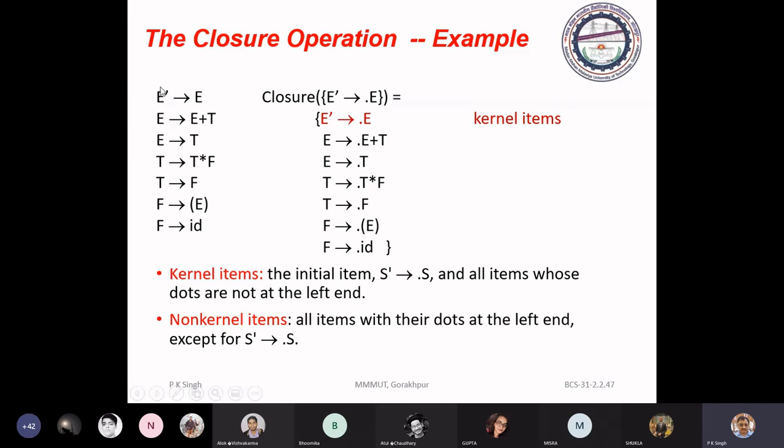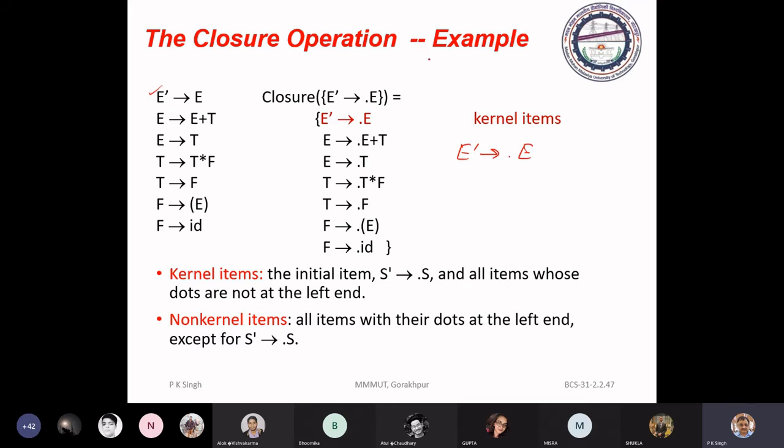Just see, you are familiar with this grammar. We have introduced this production for augmenting the grammar, means changing the grammar into an augmented grammar. Now see, E dash to dot E is an item. Then we can compute closure items.